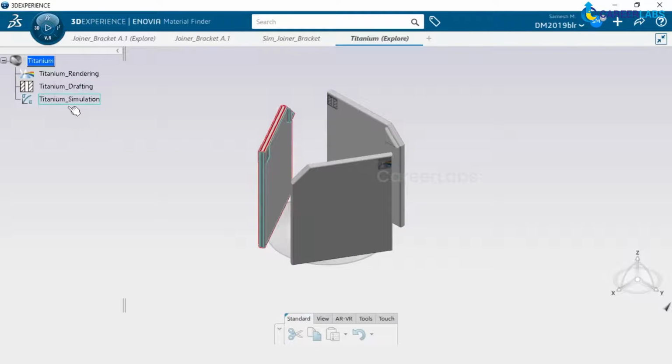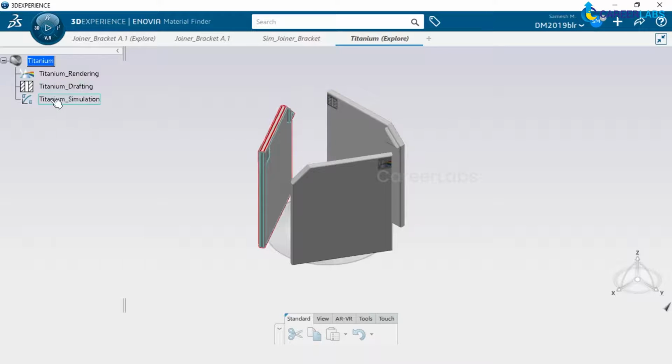Now we have the material property, and the material property is available for 3 reasons. One is for rendering purpose. So if it's copper or if it's aluminum, when you do the rendering, the reflection of copper or whatever it is can be also replicated. So next thing is for the purpose of drafting, and the other thing is for simulation.